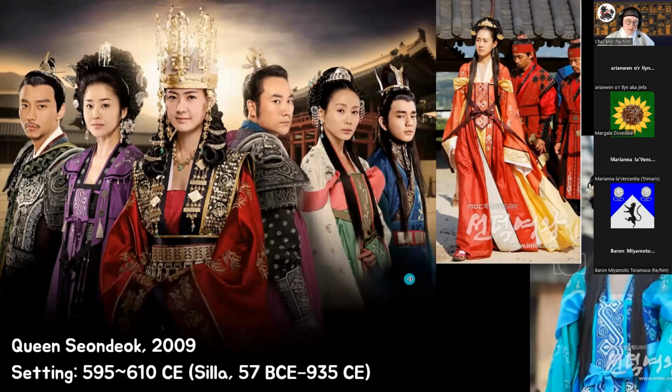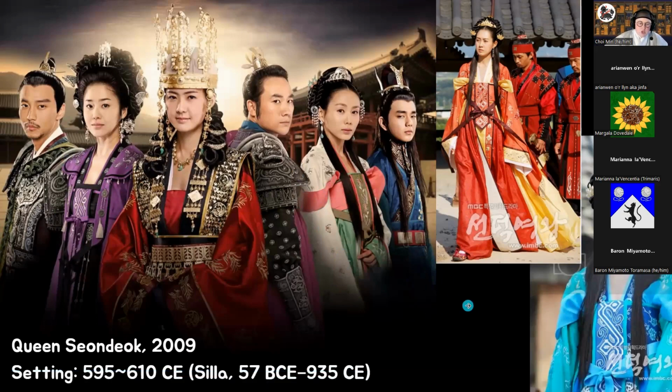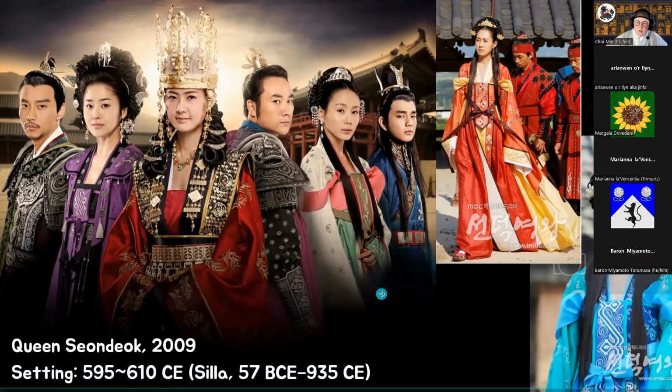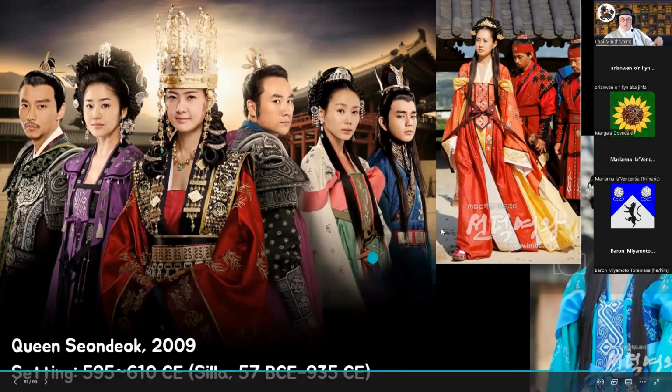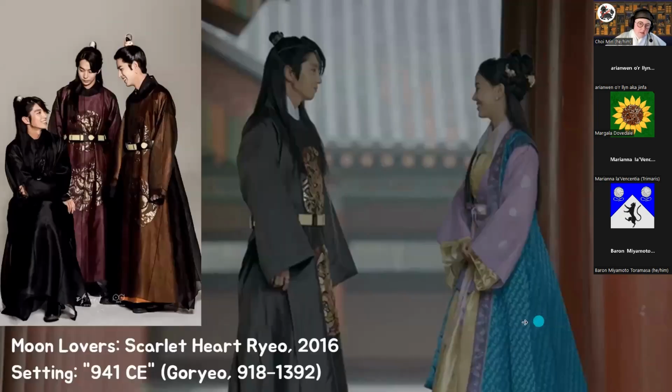It's just all over the place, but people love this drama. Wasn't she actually Silla? This is Silla, yeah, Silla Dynasty. Queen Sondok. These are all Silla Dynasty outfits. If you were here earlier, Silla Dynasty had a lot of Tang Dynasty influence, and that's where that shawl thing comes from. That shawl thing is iconically Tang, and that's a point of contention amongst netizens these days.